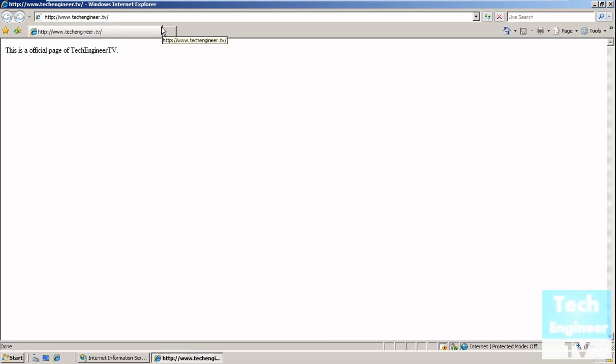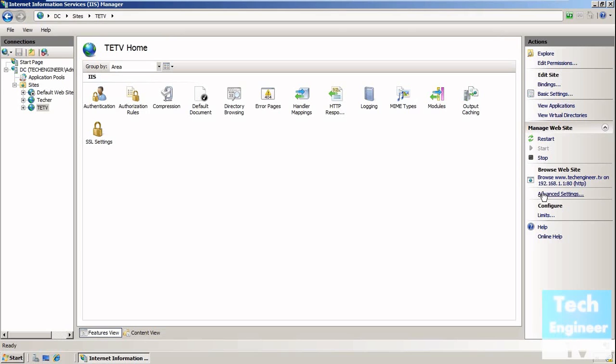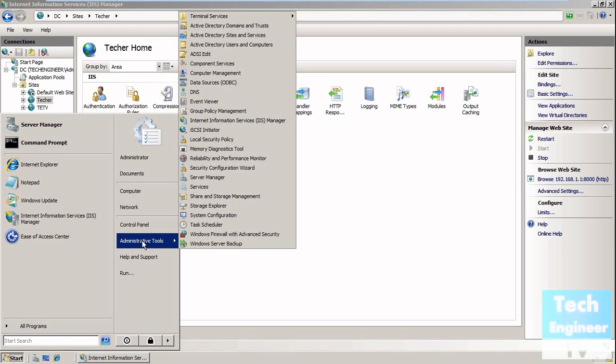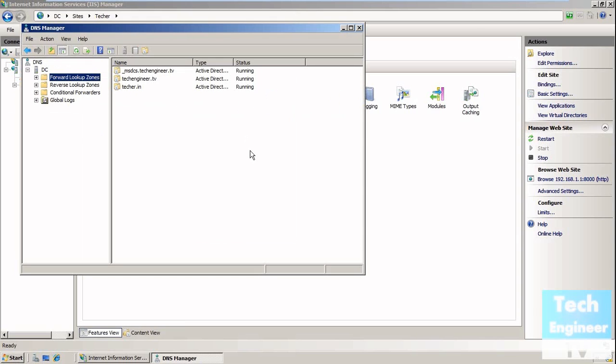This is what the host name is, your domain name. This web page is now bound with the host name, and this other web page is, for example, 192.168.1.1. The IP is the same, but we changed the port number. Now this particular web page needs a host name, so I'm going to open administrative tools, DNS, and I also have another